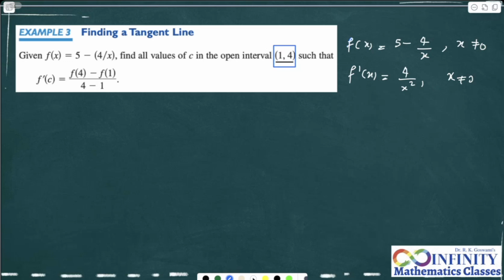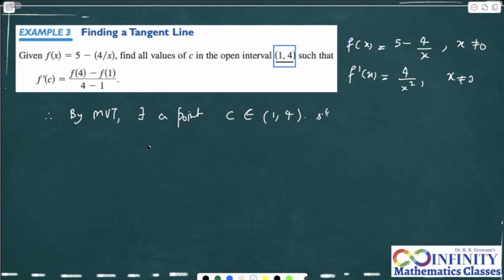So I can apply the mean value theorem. Therefore, by the mean value theorem, there exists a point c belongs to the interval 1 to 4. Sometimes you may get points beyond the range 1 to 4 satisfying the same property, but you need to answer only those points which lie in the interval. Don't go beyond the interval 1 to 4,